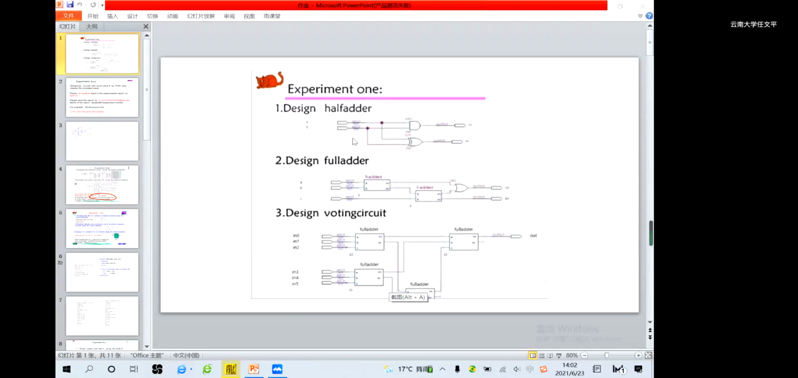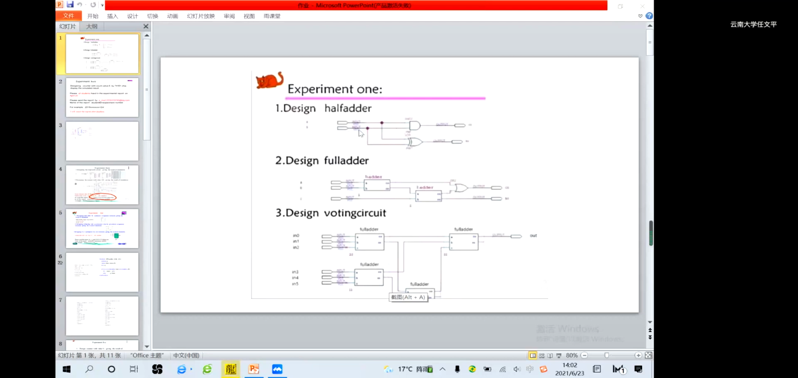This is experiment one. This homework is to practice the software. So you must do this to practice the software. The homework, the second demand is